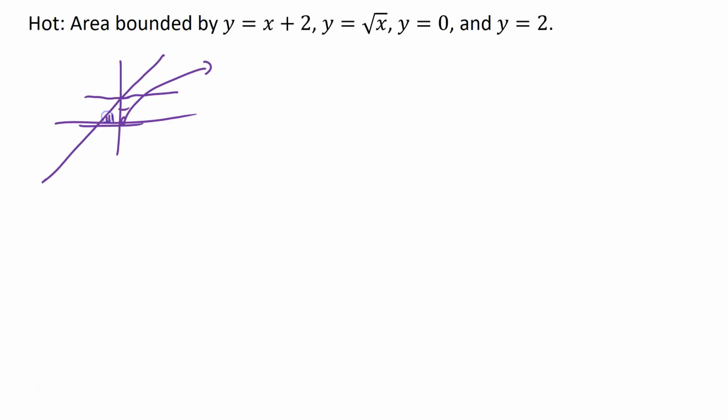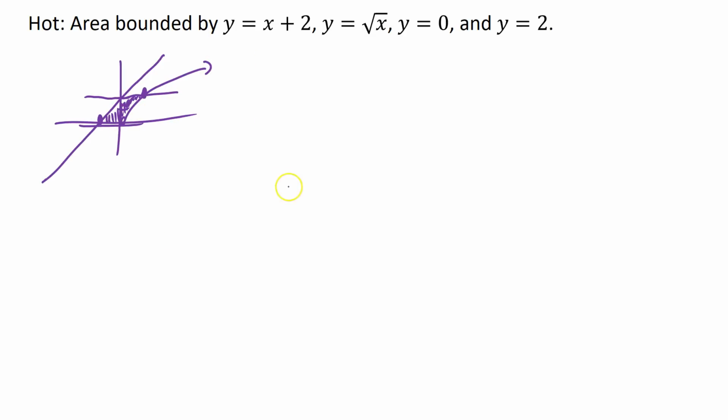So we're looking for this area right here. Okay. Based on the way we've done things before, we need to know this point. We need to know this point. And look, this top function is changing, right? Our top function is x plus 2 for a while. Then it's just y equals 2. Okay, so it changes. So we're going to have to do two separate integrals with this if we do it